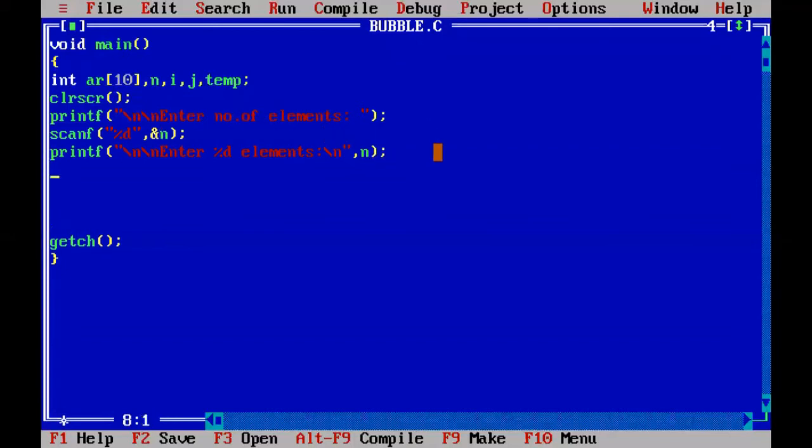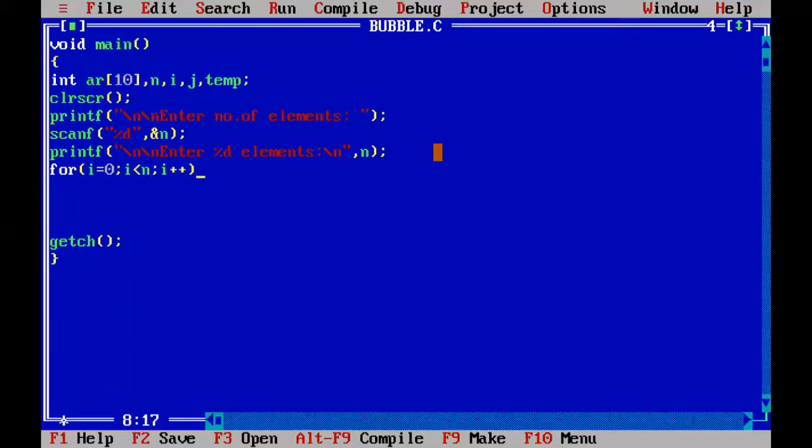Whenever the user is entering 5 elements, use the for loop, repeat it 5 times to capture 5 elements. i equal to 0, i must be less than n. That means starting from 0 to 4, 5 iterations, every time i plus plus.